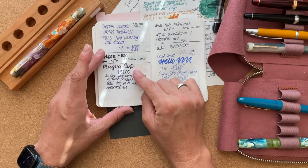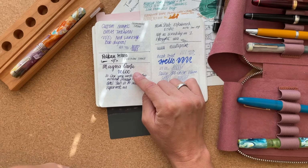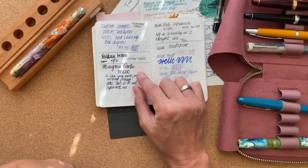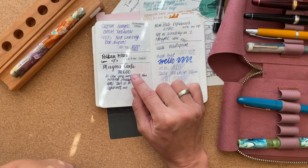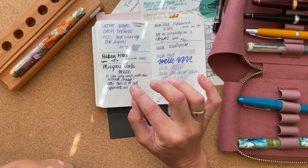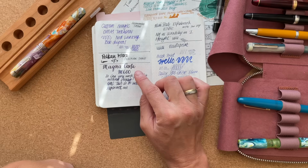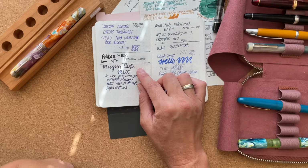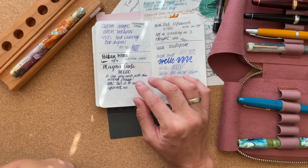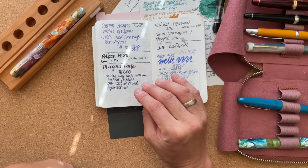And I tested the Magna Carta M600. And I was extremely surprised I was able to write this nicely with a flex nib fountain pen, because previous experiences weren't as great. So that was a surprise. And I really waffled for quite a long time, Friday and Saturday, about whether I should go and get one. Ultimately, I decided against it